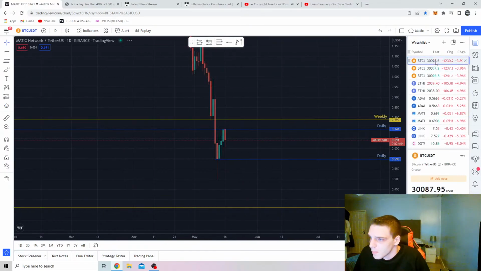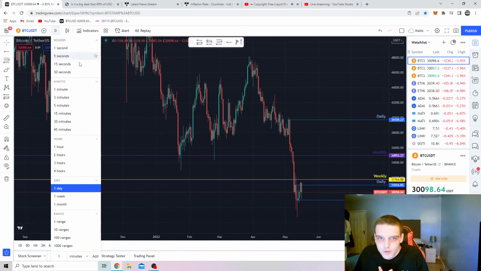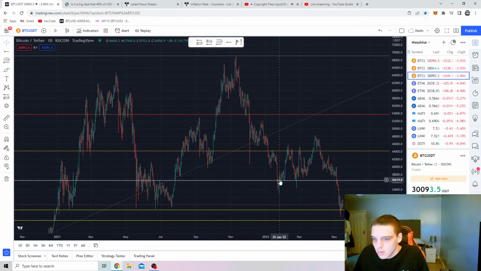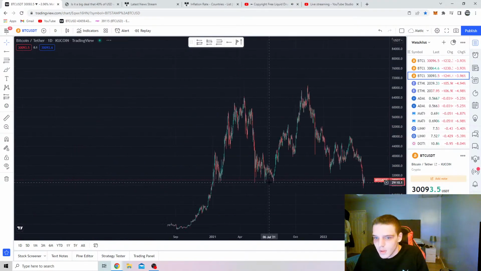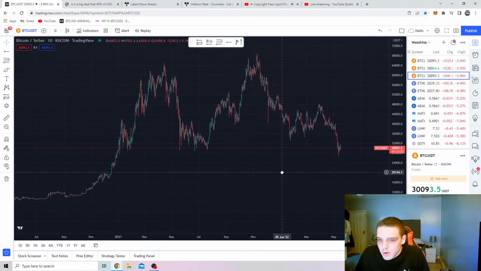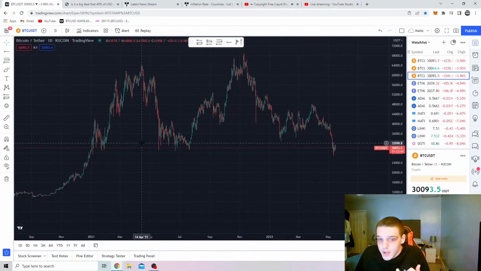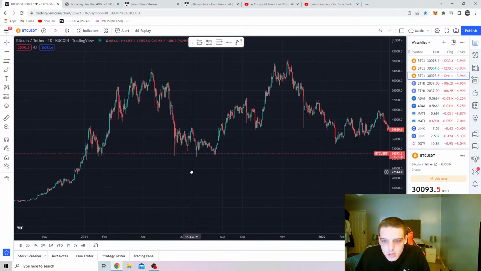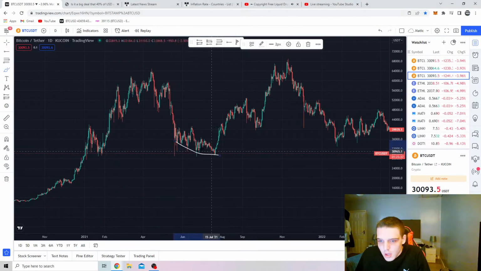Obviously, a lot of people think of range bound as a boring time in the market. Let's just zoom out. Get rid of that one. But from a trading standpoint, the money you can make from the consolidation side of things is just crazy. Consolidation, when we're in sideways action, like we are here. Same again with